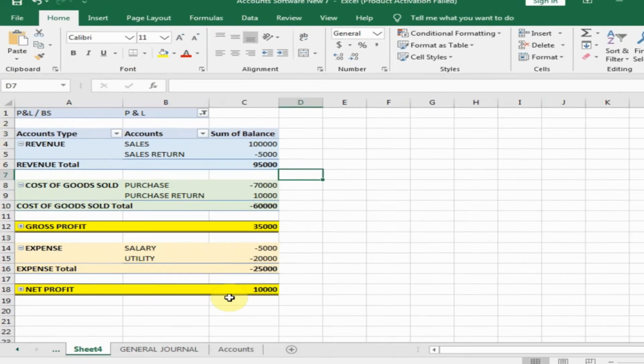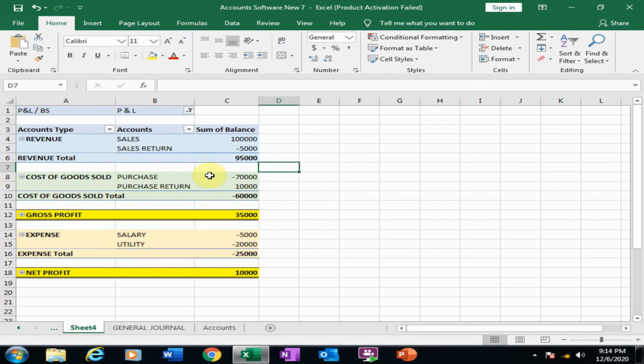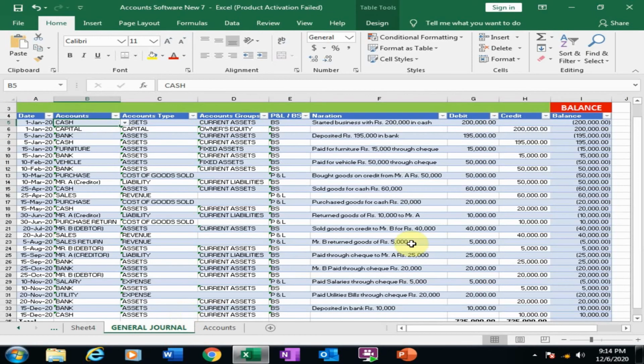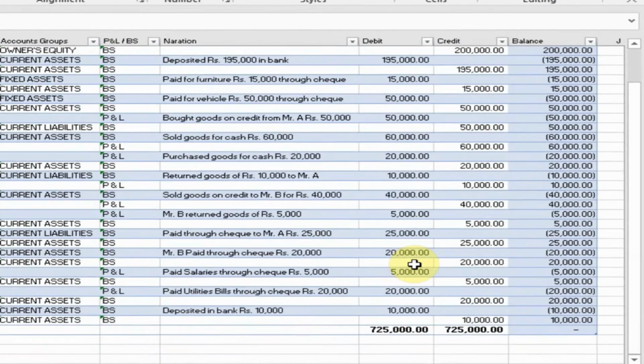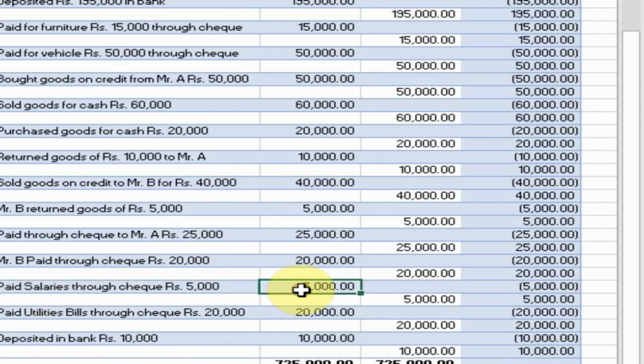Now to check whether this is working or not, just go to the journal and increase the expense of salary. This is 5,000. I just type 10,000 instead of 5,000.